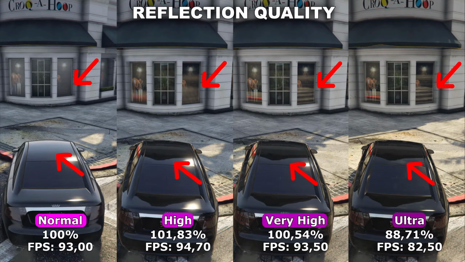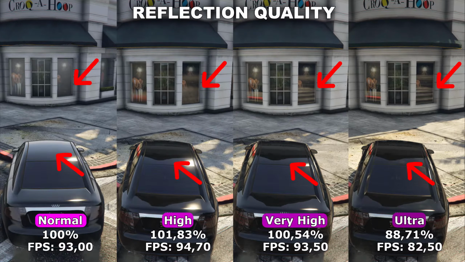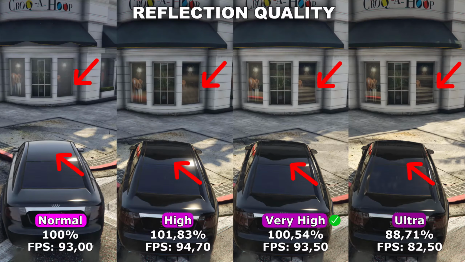In my testing, however, even though you can see that there is a quite big quality difference between the different settings, and it does slowly get better and better looking, it's not until we hit Ultra that we actually lose any performance from turning this up. Which is actually quite good, because that means that I can safely recommend to leave this at very high, because it doesn't hurt your performance.